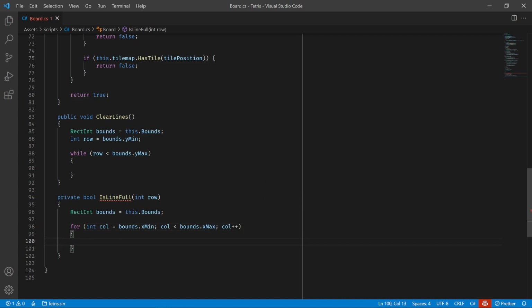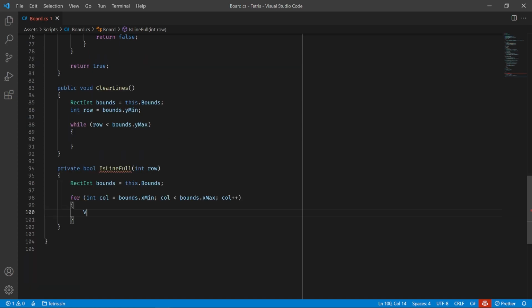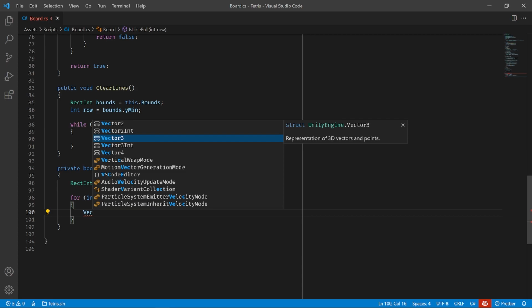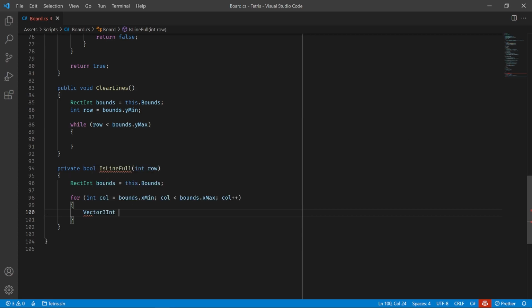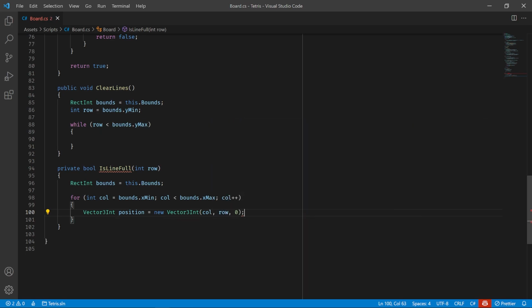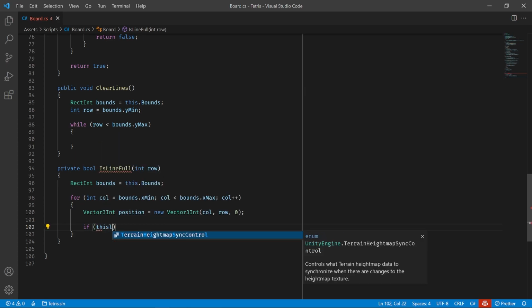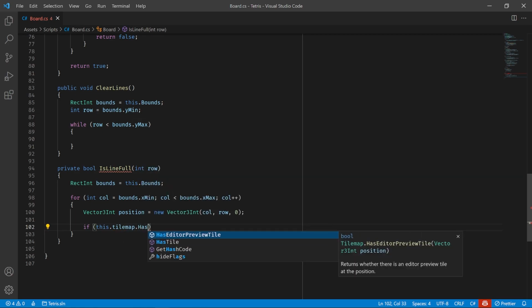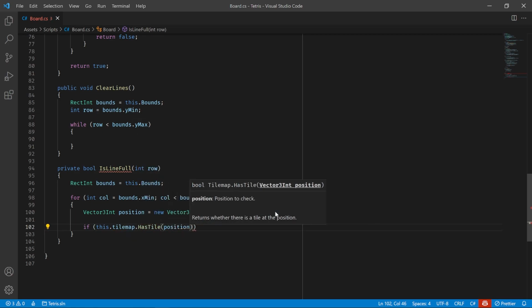It doesn't actually matter whether you go left to right or right to left. And we're going to grab the position there, so the position of that column. This will be a Vector3Int. The column is our x coordinate, and the row that we passed in is our y coordinate. And then our z is just 0. We're not utilizing z, but it needs to be a Vector3 because that's what tile maps use. And here, all we need to check is if our tile map has a tile set there. So if this.tilemap.HasTile at that position,